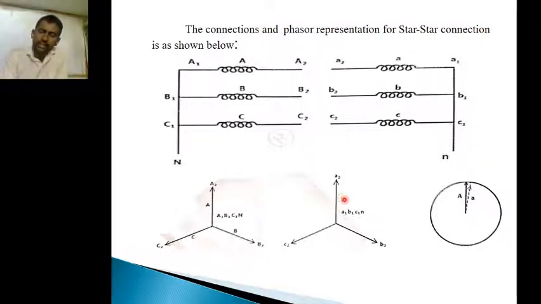If we write any one phase, we get the A phase in this manner and the small a phase in this manner, so those two coincide. That means this is the 12 o'clock representation. So this representation is called capital Y small y 12 o'clock. That means the primary winding is star connected, the secondary winding is star connected, and the representation is 12 o'clock. That means both the windings, primary and secondary, are in the same phase.